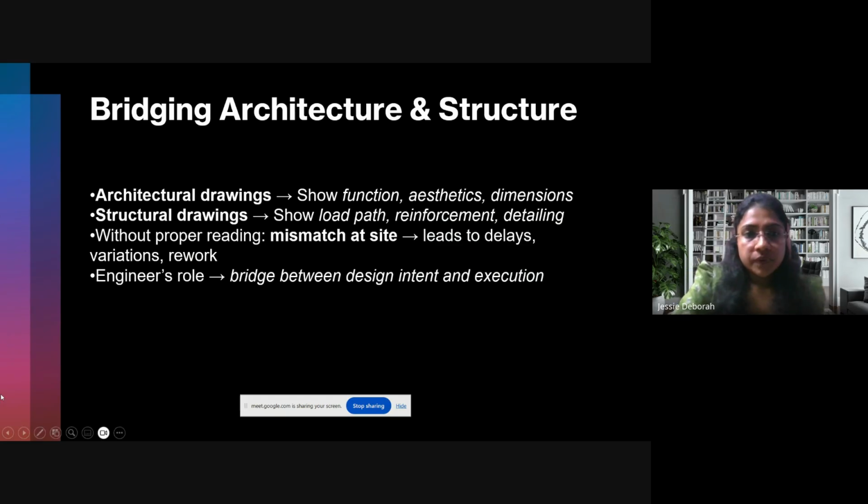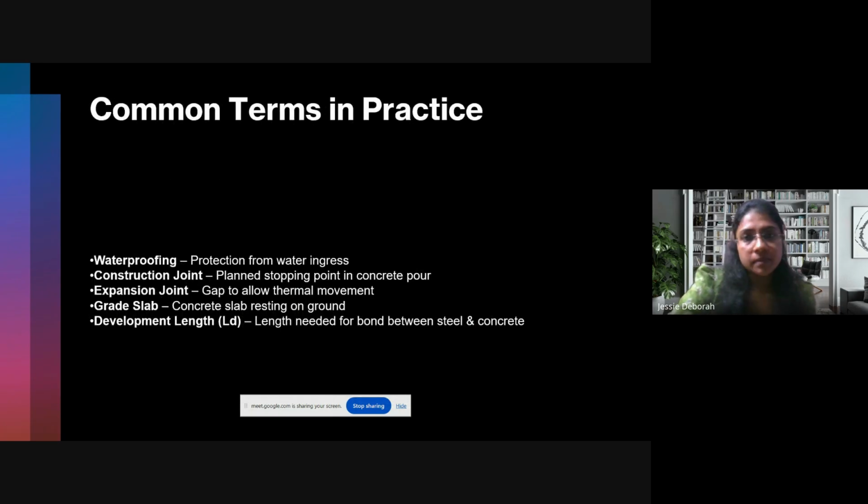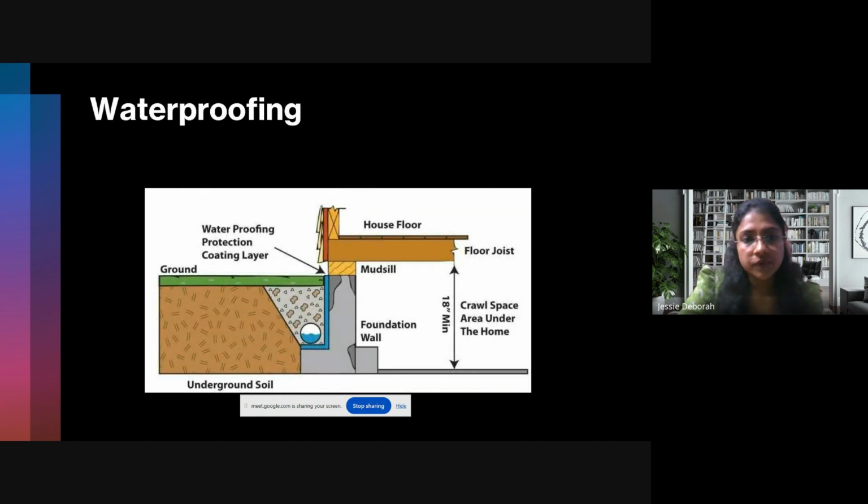Okay. So, we were talking about the common terms and practice. Okay, so waterproofing. What is waterproofing? Before we build our house, between the ground, the water and dampness in the ground, they should not enter the foundation wall. So that is why we are providing a waterproofing protection. For underground we call it damp proof course. Okay, so that is there below ground completely.